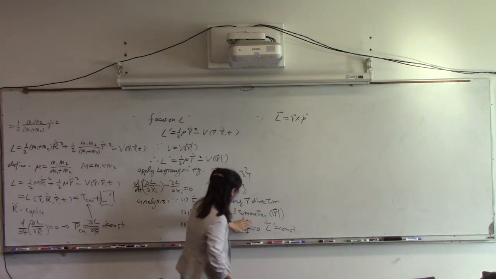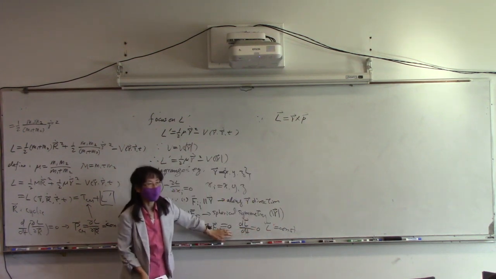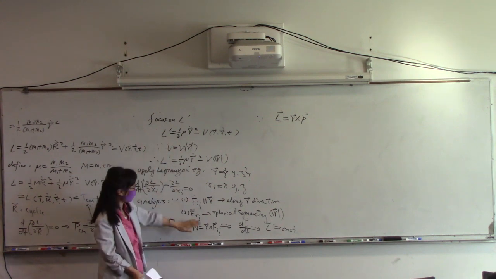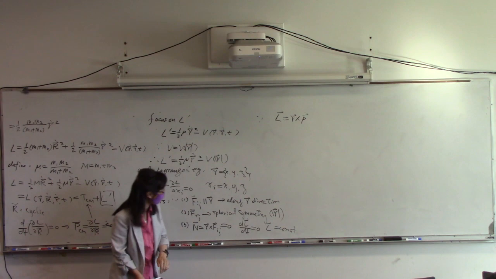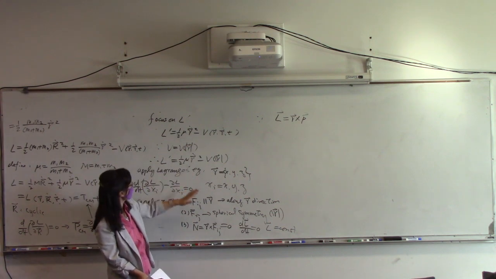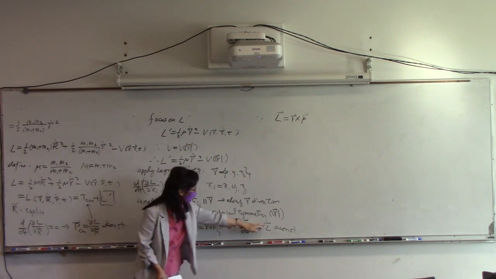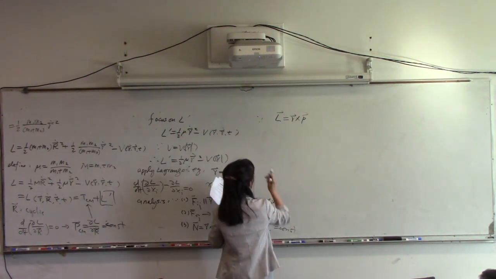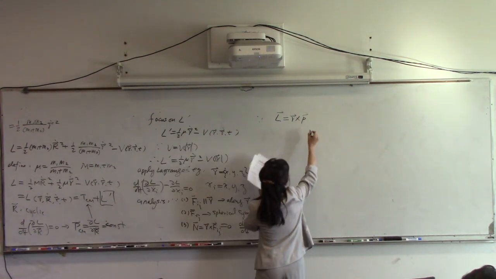Sorry. This L is angular momentum. This L is the Lagrangian. Be careful, even though we use the same L. This is the Lagrangian, and this one has a vector that is the angular momentum, right? So now the angular momentum, if this is a constant,